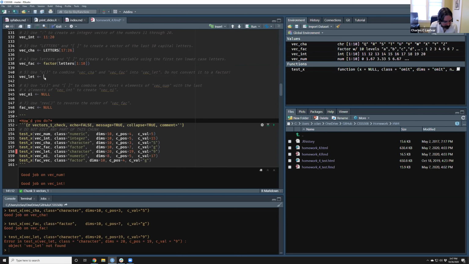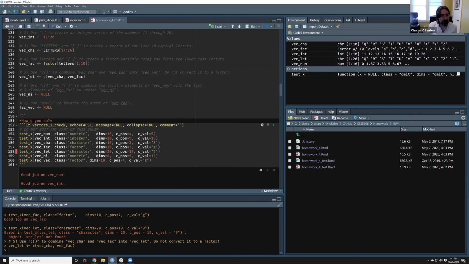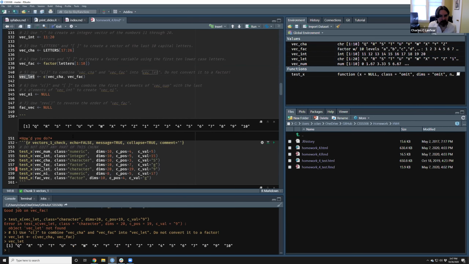Yeah, c(vec_character, vec_factor). I run this, I look at it, and we get Q, R, S, T, U, V, W, X, Y, and Z, and then we get 1, 2, 3, 4, 5, 6, 7, 8, 9, 10 instead of the letters.